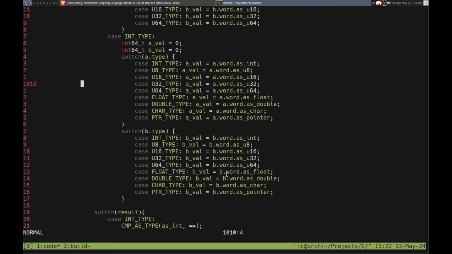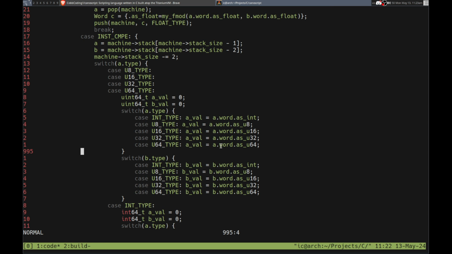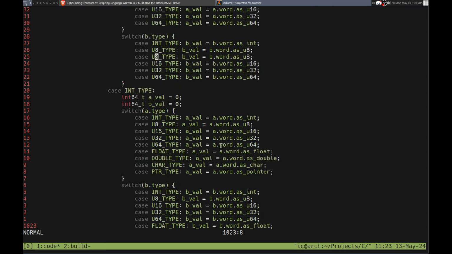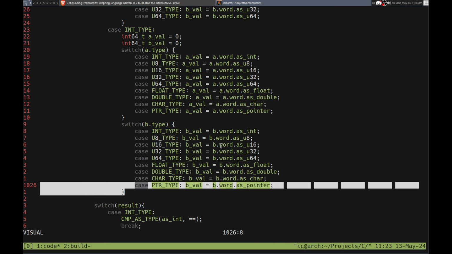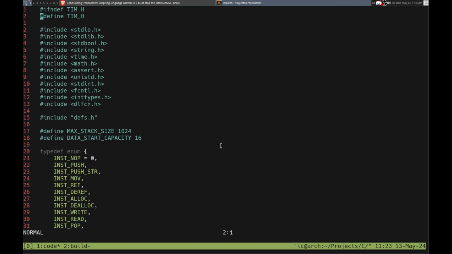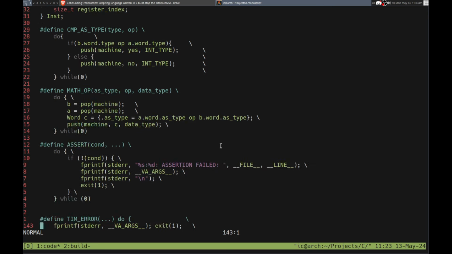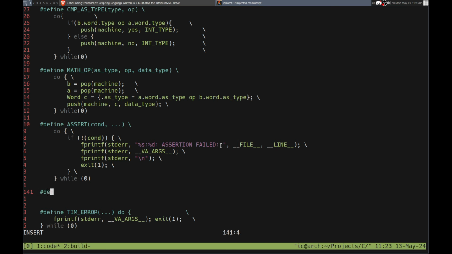So what do I want to make a macro for? I could make a macro for the whole outer thing, but I don't know if that's necessarily going to be super helpful. I think I'd rather just do it for this part, because then if we switch over every type, it'll work. So let me copy this and make a macro. We just basically need to switch over the types. So I'll define it in here. Actually, this is a header file, so I can define it wherever. Put it here. So we'll do define, and this will be